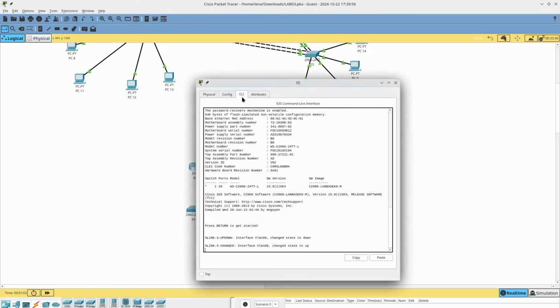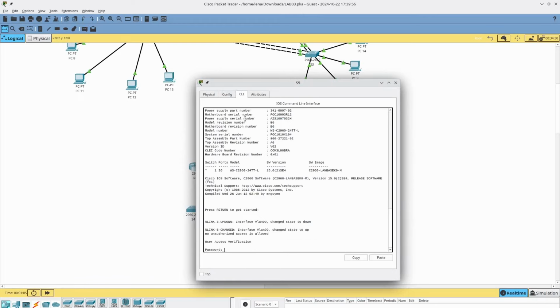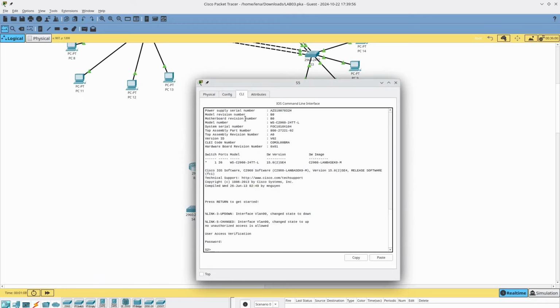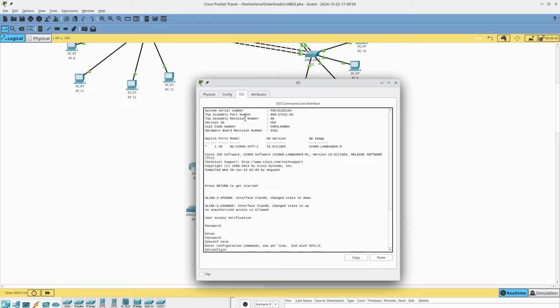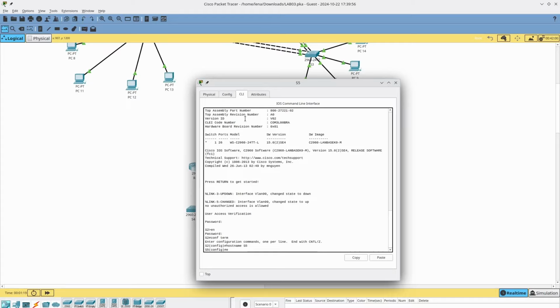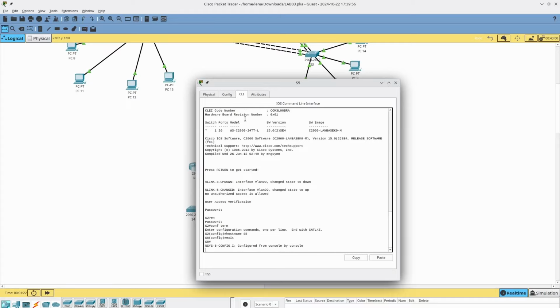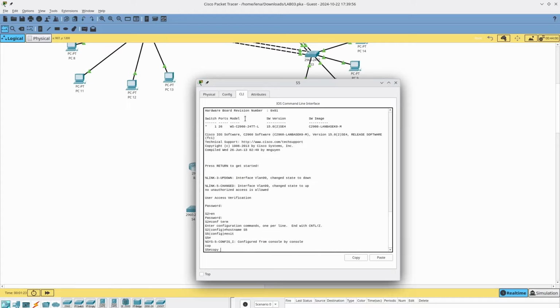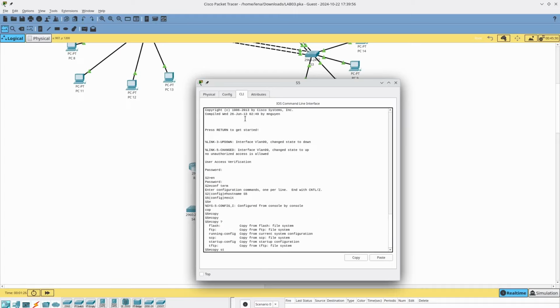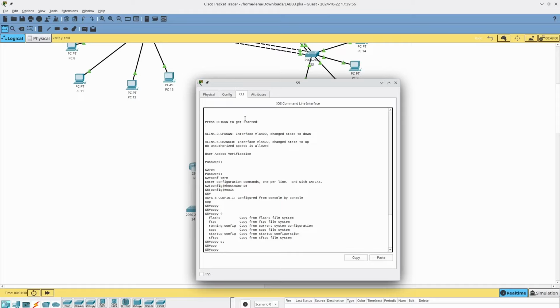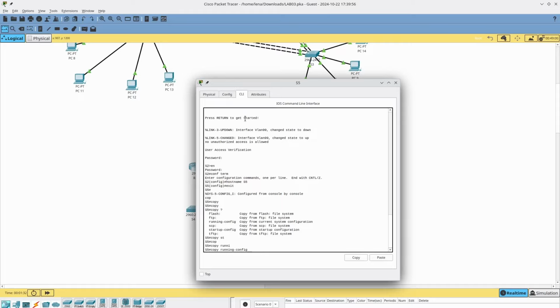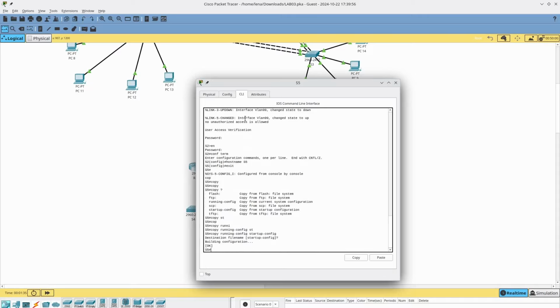Interesting question, do they keep their, yes, cool. Class, conf term, hostname S5, exit, copy running config to startup config. Copy running config startup config. Okay,